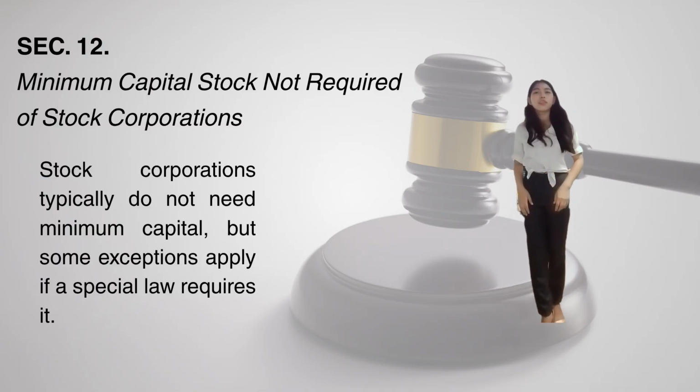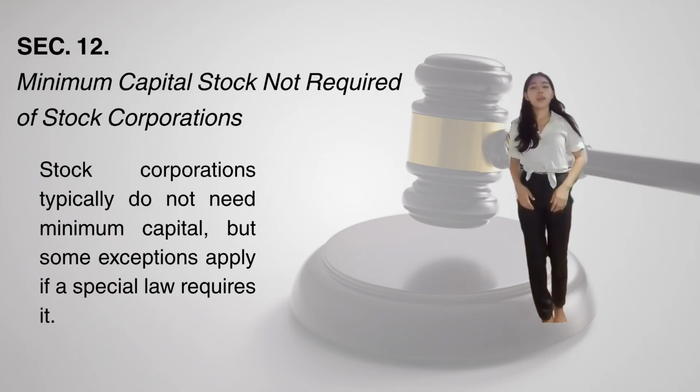Now let us proceed to Section 11 of the Revised Corporation Code of the Philippines. It states that a corporation's lifespan or corporate term is generally perpetual unless its articles of incorporation specify a limited duration. This term can be altered through amendments to the articles, provided that such changes are not made within 3 years of the term's expiration without justifiable reasons.